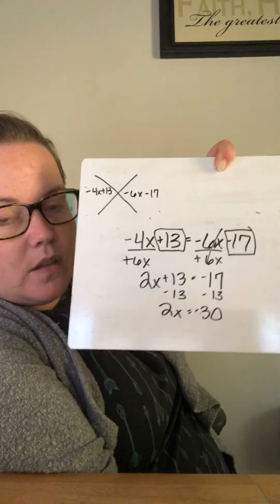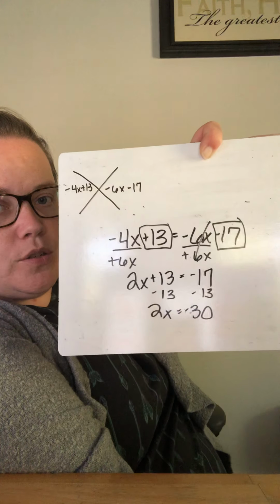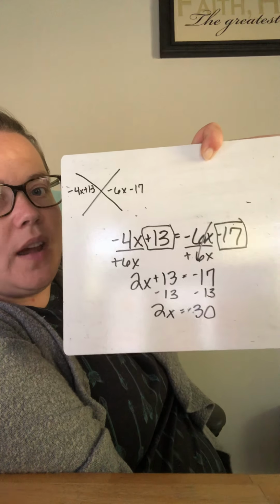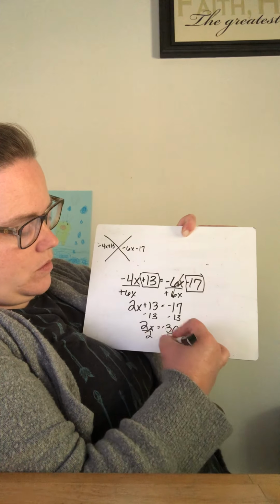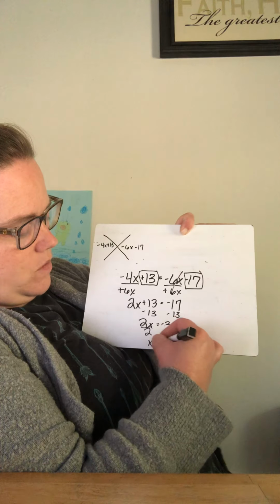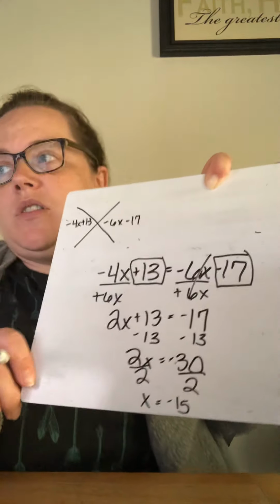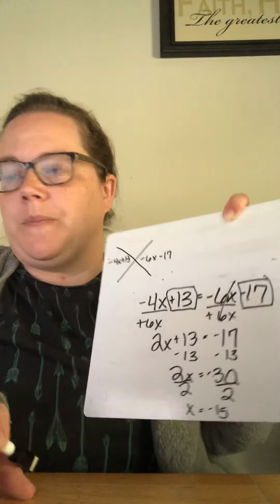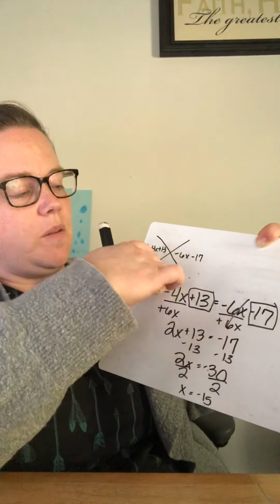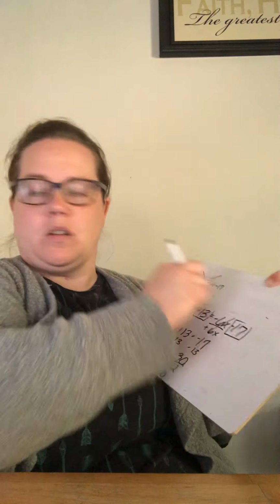Okay? So there is my work up to getting to the final answer of x. I'm going to divide each side by 2. And x equals negative 15. Okay? So I've determined my x, and I'm good. All right? So if they're across from each other, we're going to set them equal to one another and solve. Okay? But if you look at number 16,